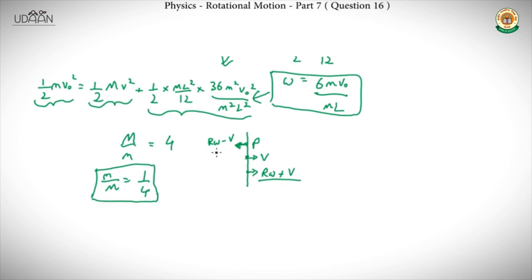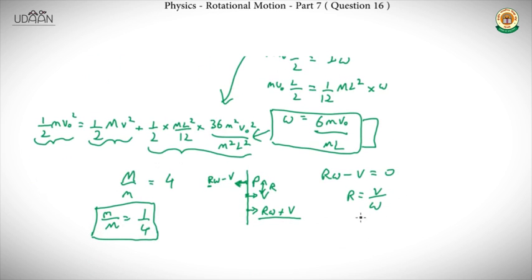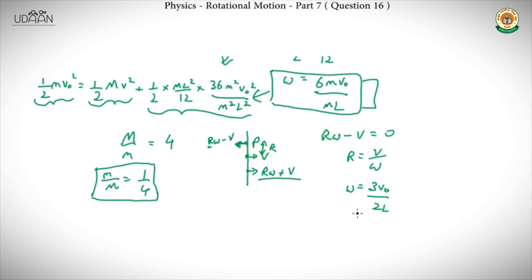So this point P will be a point at which the value of R, which is this distance, will be such that R omega minus V is equal to 0. So we get R omega minus V equal to 0, which will give us R as V by omega, right? Now we know that omega is equal to 3 V0 by 2L from this equation over here. We know that m by m is 4, so that will give me omega equal to 3 V0 by 2L, and so I'll get V